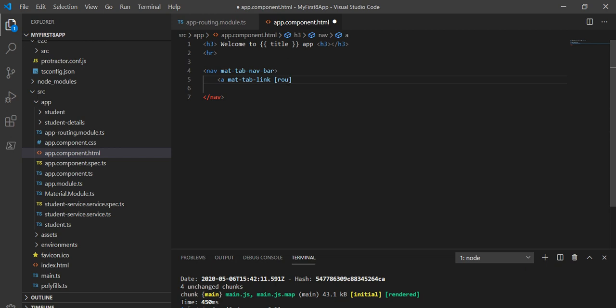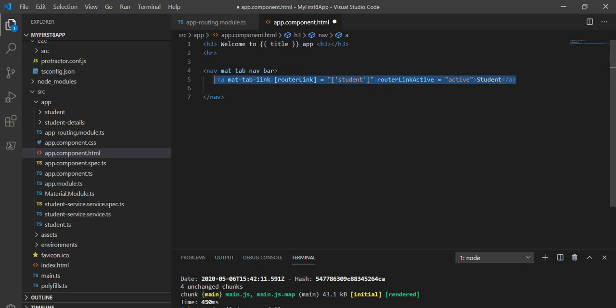So router link here, and we have to give the name, like student, and inside this we have to take router link active, and we give this as active, and give this name as student.